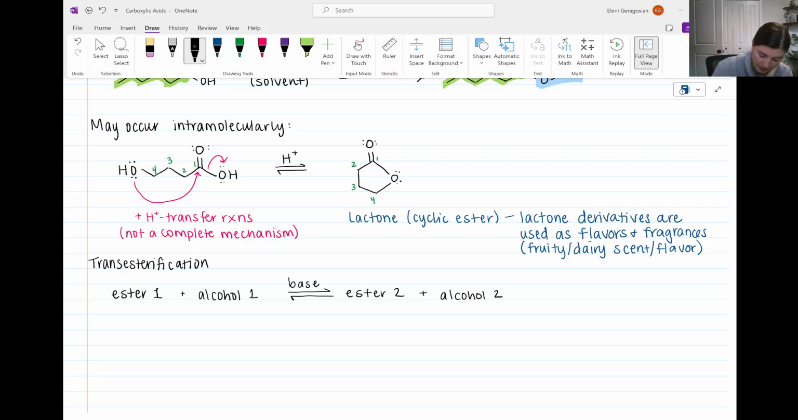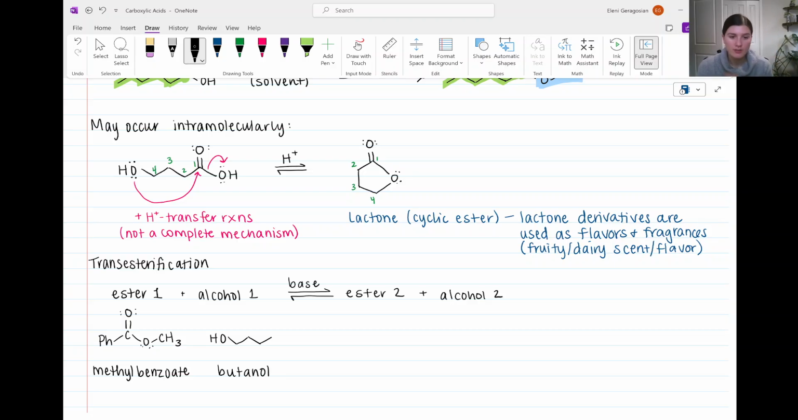Here is the product of the reaction in our previous video. So when we went through the mechanism, we made methyl benzoate. So this is an ester. We have an OCH3 group in that molecule. Now if we add, let's add butanol,